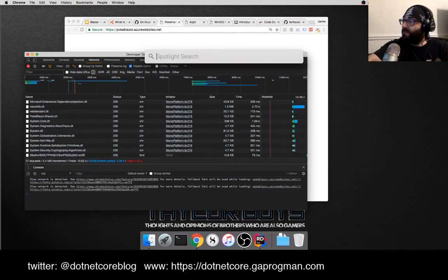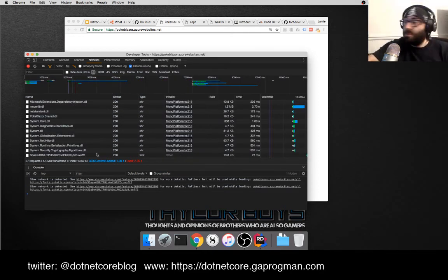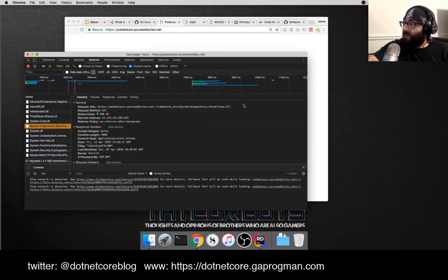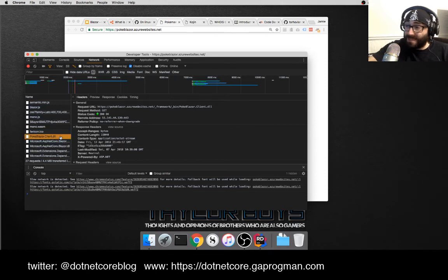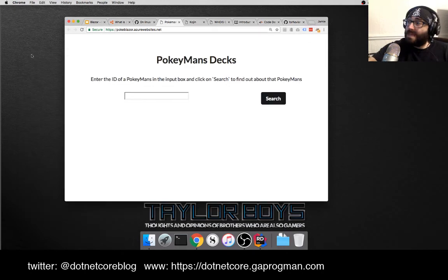No, okay, fair enough. But what's happening here is I have a request for stacktrace.dll and a request for PokeBlazor shared.dll, I'm reading these out as I do this. So pokeblazor.client.dll. Those of us who have done ASP.NET and ASP.NET Core development will know that when you hit save in your Visual Studio and you refresh the page that is being served by the server you're building,